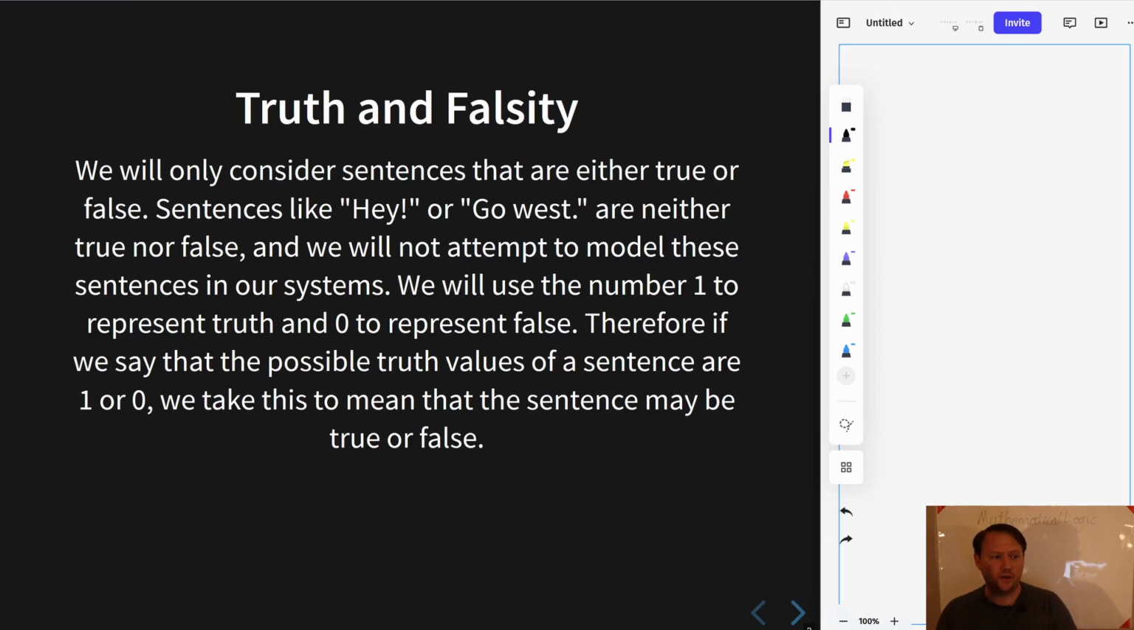Welcome to the next video in the mathematical logic series on propositional logic. And in this video, we'll be discussing Boolean functions. The fundamental object that we'll study in propositional logic are sentences that must be either true or false and cannot